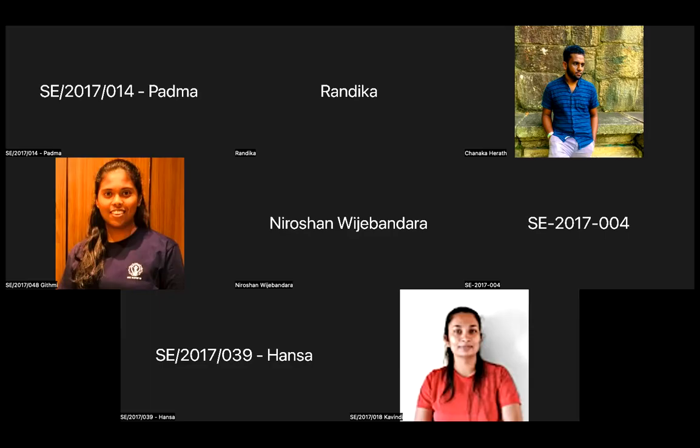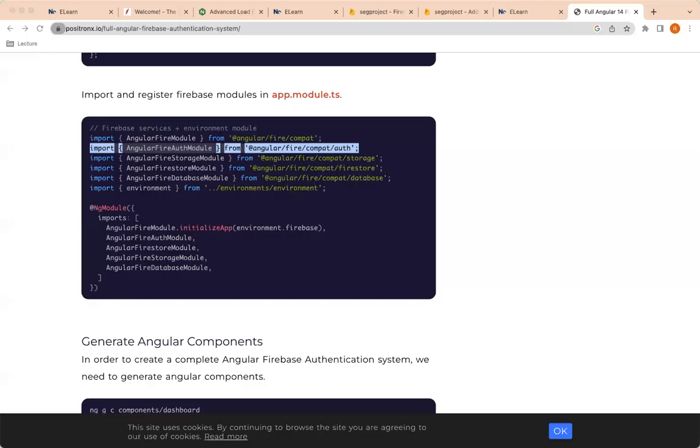share my screen for the billionth time now. App module and Google Chrome. Okay,